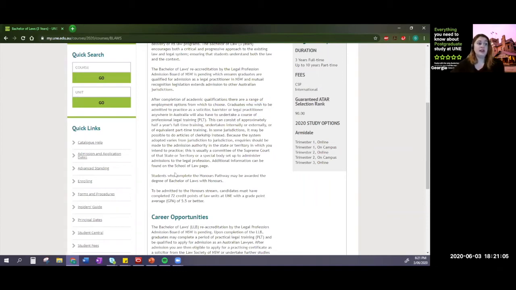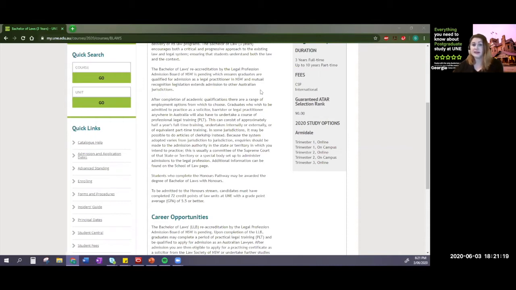You do also have the option of an honours pathway with the Bachelor of Laws 3 years, so that you can go through it that way. We do have some courses that go towards the PLT. A lot of the time, if you're wanting to do the PLT, you have to do it through the Legal Practitioners Admission Board, the LPAB, or you can do it with